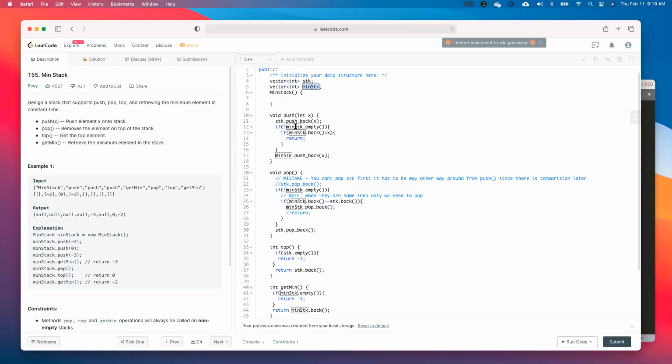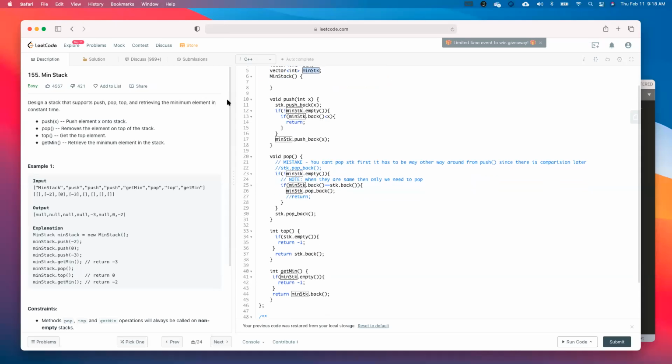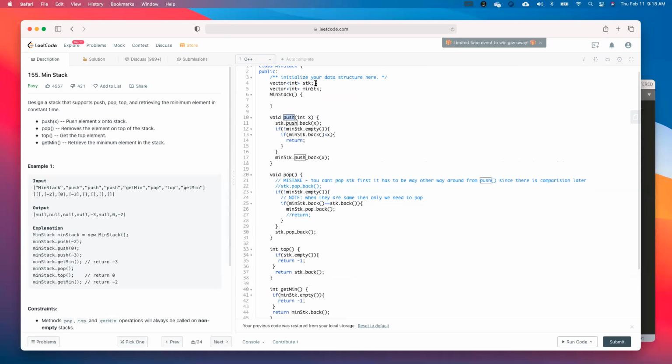So now let's see the push function. In the push function, of course, I am keeping track of all the elements, so I am going to push that element to the array, the stack stk, which is nothing but a vector. Now I have to make sure I am pushing that element to the min stack also. The min stack I will push to only if the element is smaller.